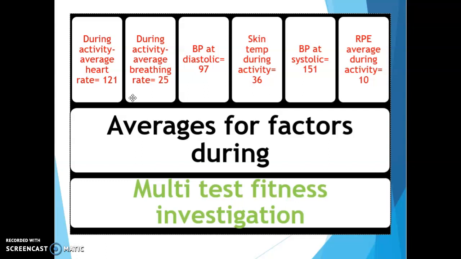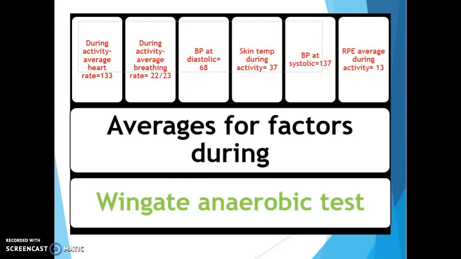The skin temperature during activity was 36, and the blood pressure at systolic, which is when the heart is contracted, was 151, and the RPE average during activity was 10. Furthermore, here are the averages for factors during the Wingate aerobic test, which is when participants had to cycle